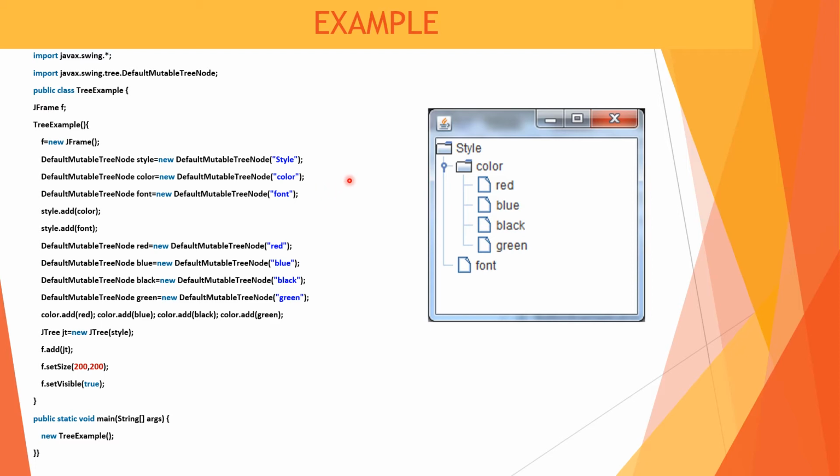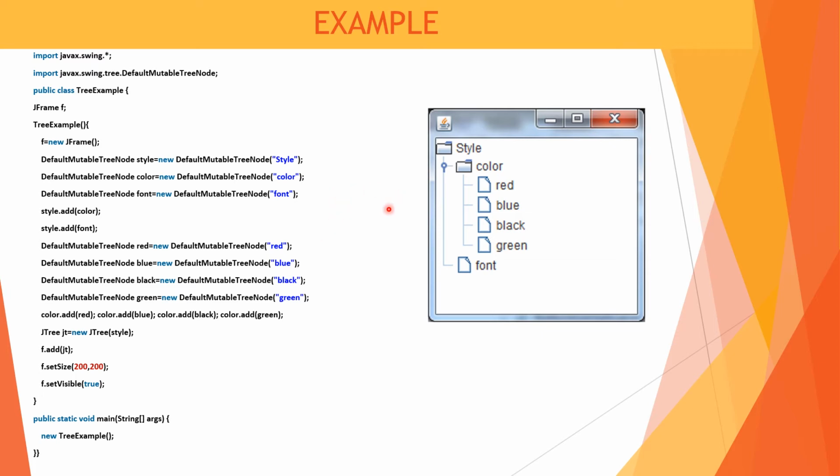So for example, we have to get this different style of any model, maybe the car model, maybe the washing machine model, maybe the motorcycle model, and it has some different colors. These colors are also given as DefaultMutableTreeNode. The nodes will be placed on every side.